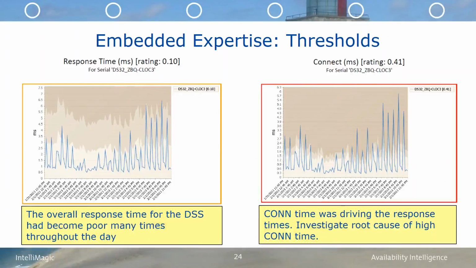If we look at the underlying charts behind the dashboard, we see that the overall response time is behaving in a rather periodic way. We're seeing these big spikes, definitely going into the yellow quite frequently. And the connect time is even into that red zone. It's into the performance exception zone, and it's driving that red rating on the chart. So we definitely need to investigate the root cause of why we're seeing this high connect time. And this is for the overall storage box. We haven't drilled down yet to really find where the problem is, but right from a high level, we're seeing that there's a problem overall on the storage box.